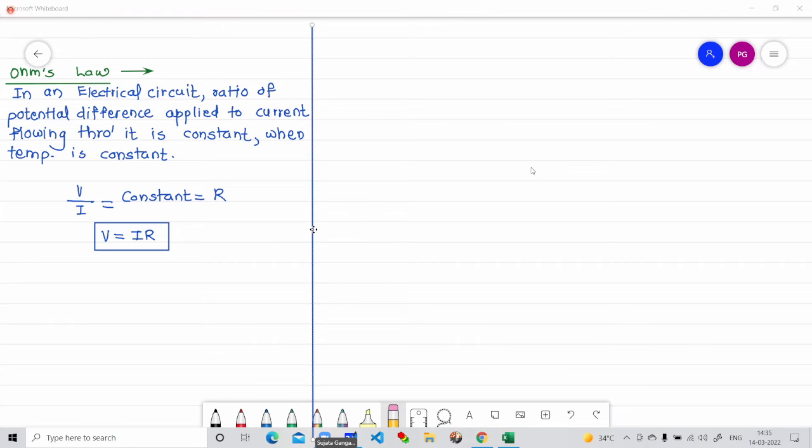Whenever the resistances are in series, the voltage division rule can be applied. And whenever the resistances are in parallel, the current division rule can be applied. So you should know when to apply which, instead of just saying it. So when you say resistances are in series,